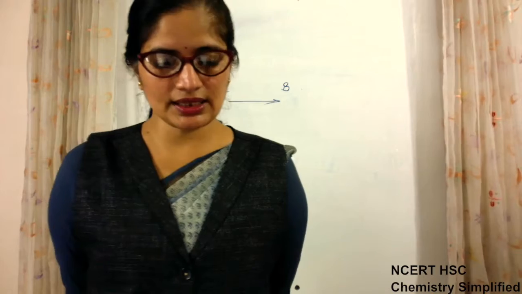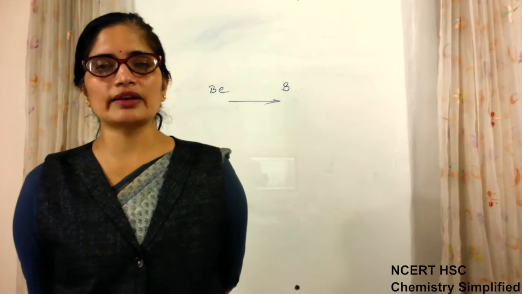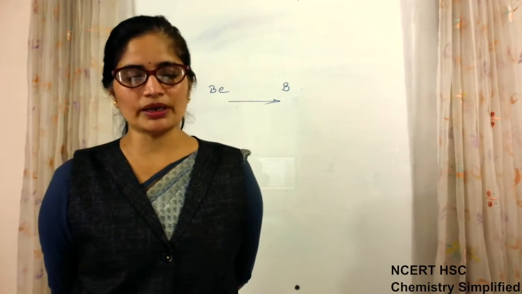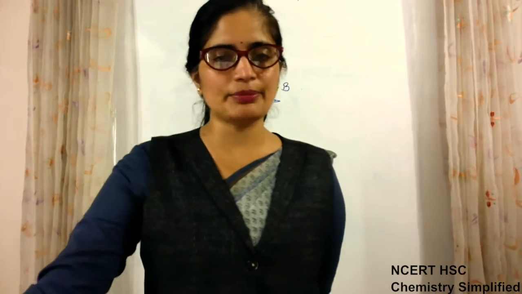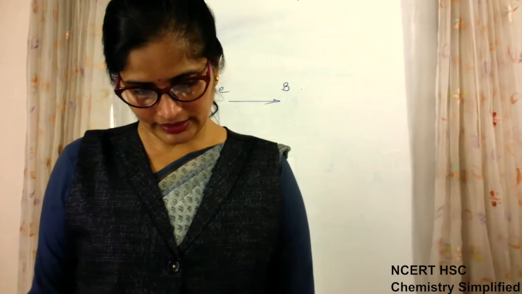Second thing is this, because of isotopes, if isotopes are there, then the same element will be placed at more than one place in the periodic table. So atomic number, because isotopes have the same atomic number, is a better criterion to classify elements in the periodic table than atomic mass. Two factors are important. Okay, then